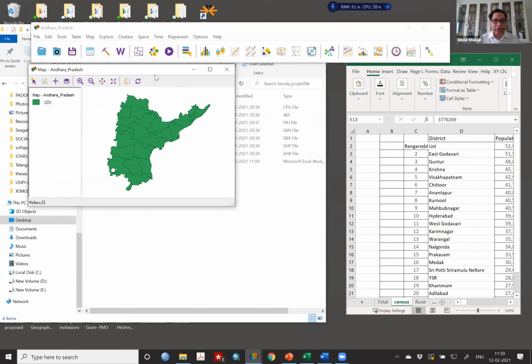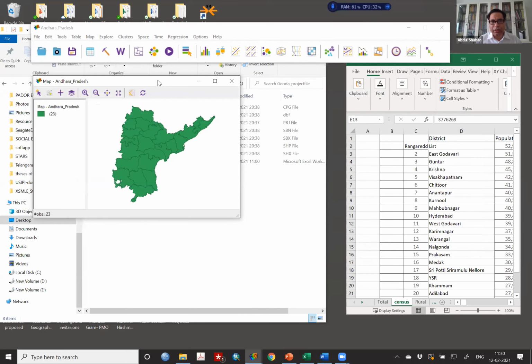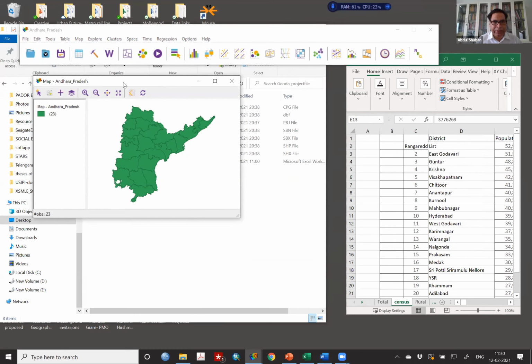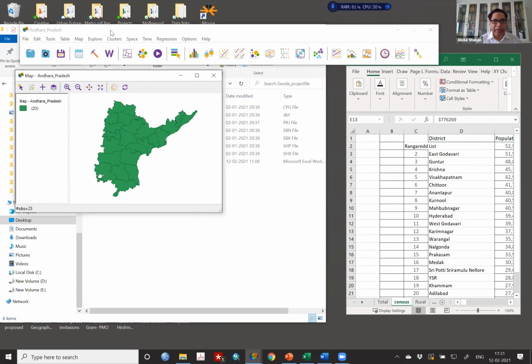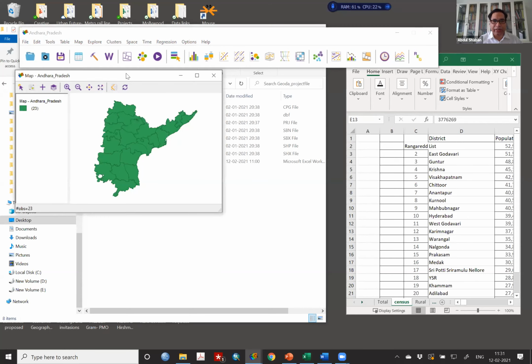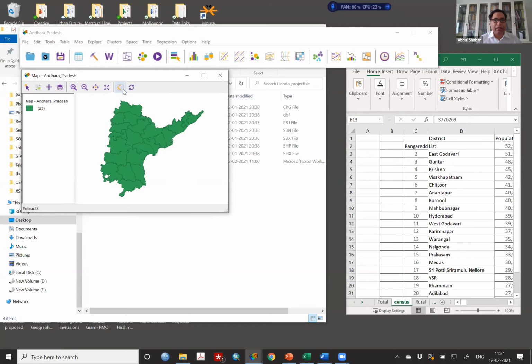So good. So what you have now, see this. You have two bars available here. One is the toolbar of the Geoda, and another is where the map is displayed. Unfortunately, they have put these two differently, because this one is constant. It actually remains there. This keeps on changing. Additional boxes keep on appearing as you do any kind of calculations. So this keeps on changing. Now you see, these are the things which are there.